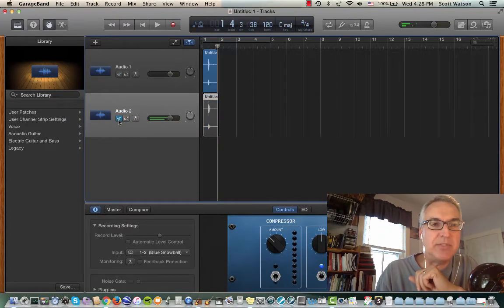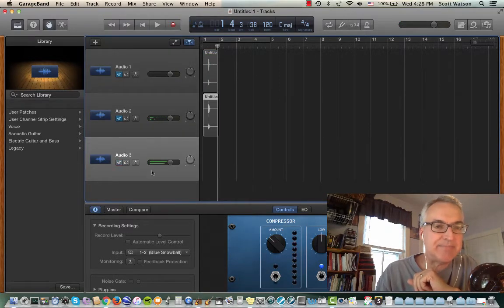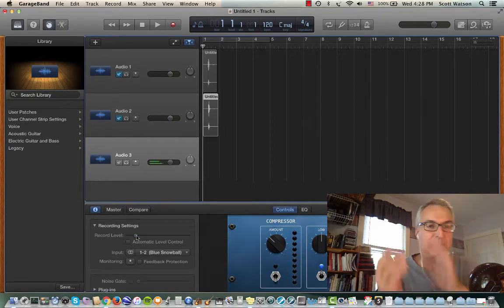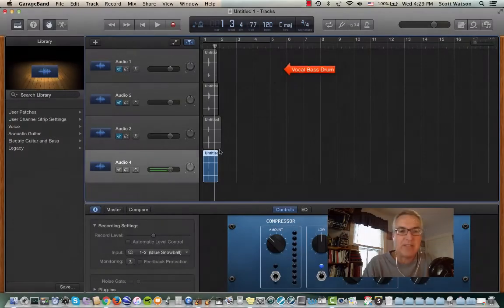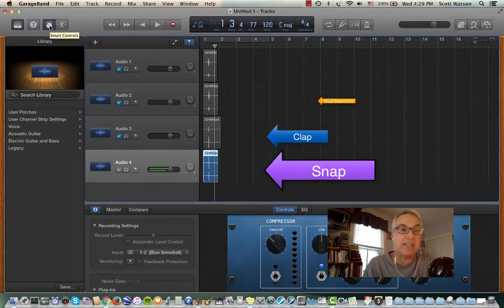So actually, let me mute these opening two tracks, but I will now set up another track with duplicate settings. And in this case, we're going to record just a clap. So here I go, rewind. Actually, I'm going to pull back the record settings. Doing a sound check, I can see that would have popped really distorted. Okay, so now that I have my four sounds, we can go into the next stage,